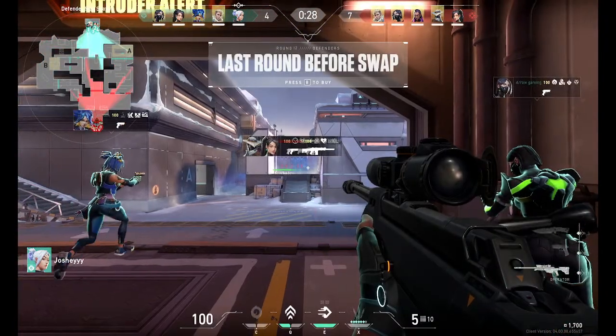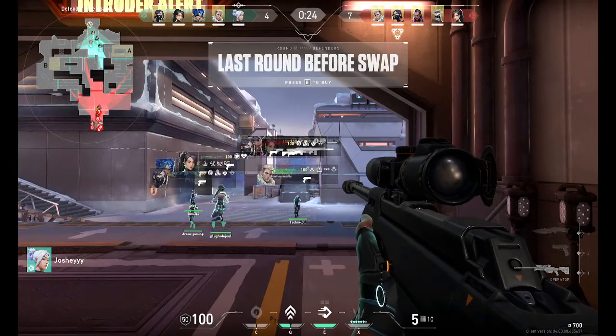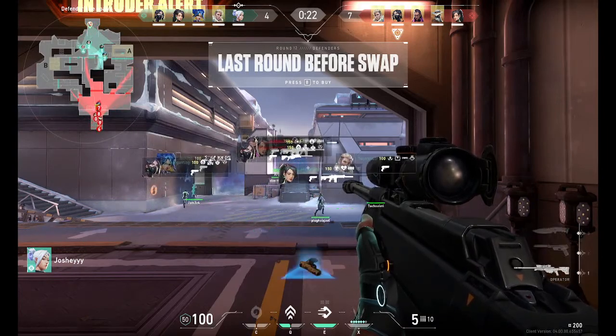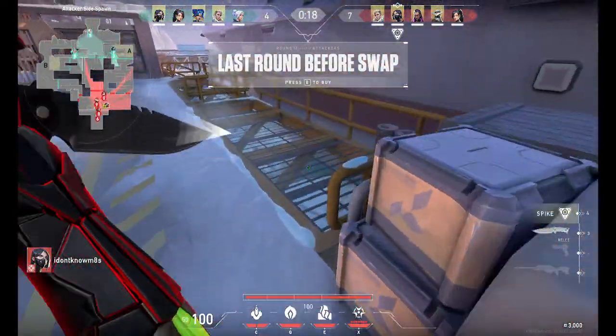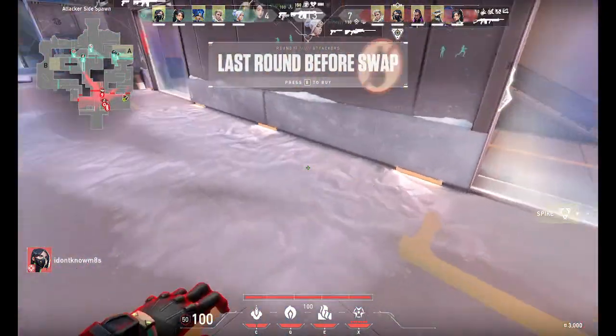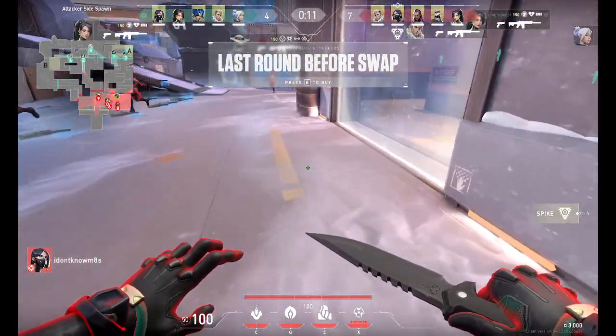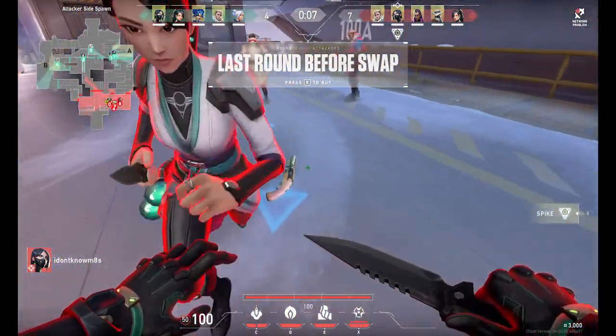Last round before the switch. They're getting there. Last round before the switch, as the lovely person says. But this is a bit of a crucial round. I think if the defenders go into the attacking round confident with 1 round behind them, I think they might go through with a bit extra confidence in themselves and their team. Like I said, they cobbled together a team. They haven't played together much, but I think